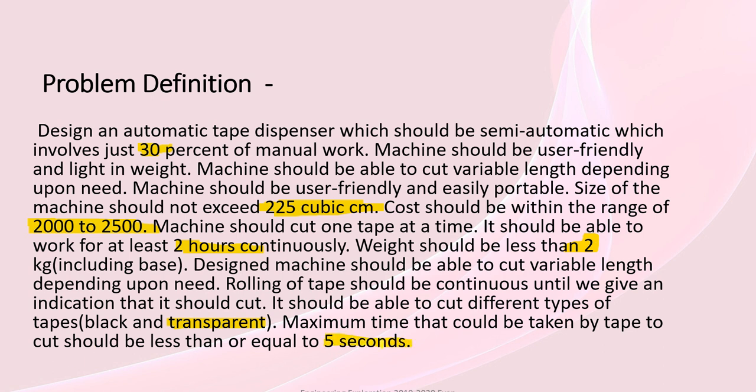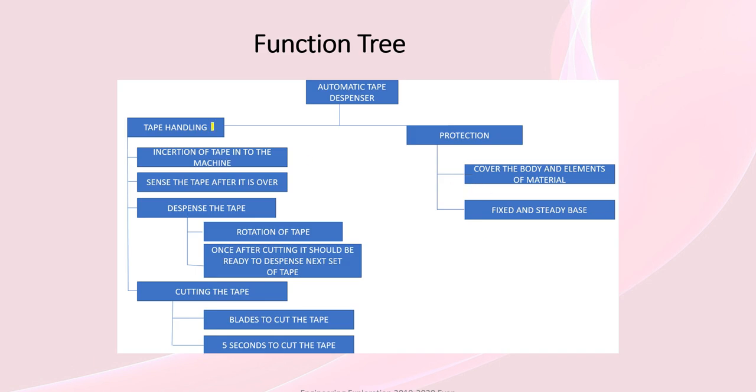And moving on to the functional tree, this is how the functional tree looks, and there are mainly 3 functions: tape handling, protection, and cutting the tape. Under protection we get cover the body and elements of the material, and fixed and steady base. Under tape handling we get insertion of the tape into the machine, sense the tape after it is over, dispense the tape, rotation of the tape, and once after cutting it should be ready to dispense the next set of tape. We are using blades to cut the tape, and the time to cut the tape should be less than or